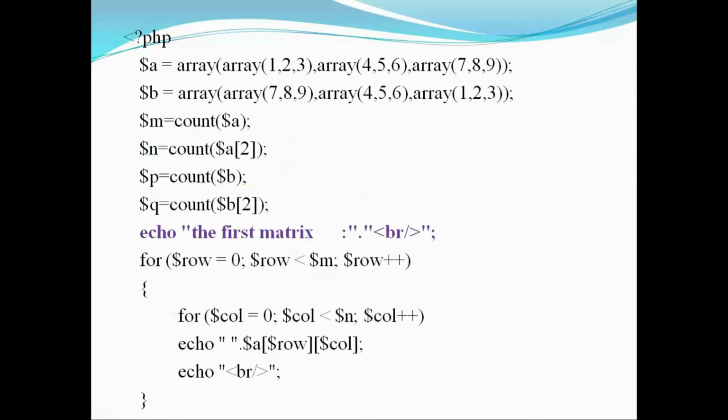Next, after that, we need to print the first matrix. Try to understand, here we are not giving the input directly in the program itself. We are specifying the array elements instead of getting the input through the standard input devices. So simply we are specifying the array elements in the program itself. Here you can give your own values for the array elements. First, I am printing the array element by making use of the echo statement, which is available in